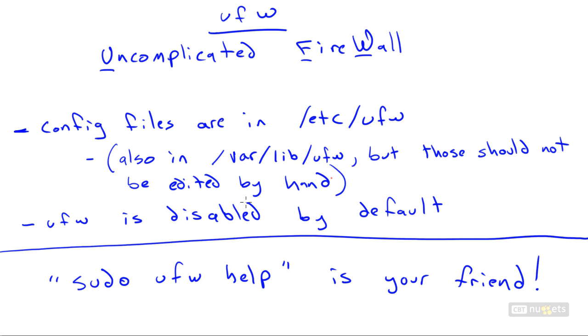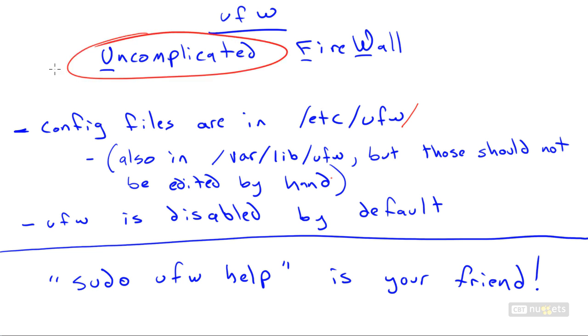These are created when you use the command line tool that we're going to look at. But the configuration files that you are allowed to manipulate are in the /etc/ufw folder. This is where the configuration files live, but you probably won't even need to touch them